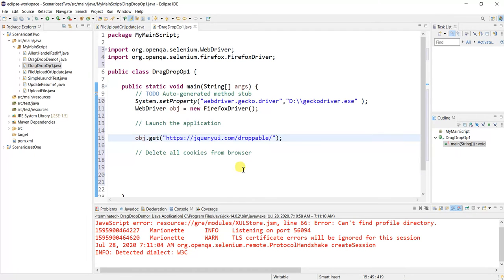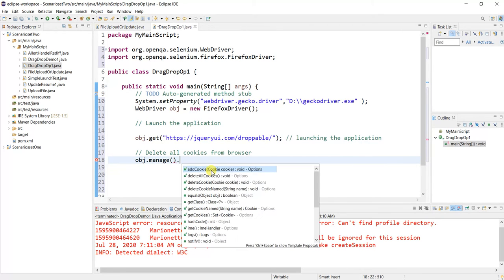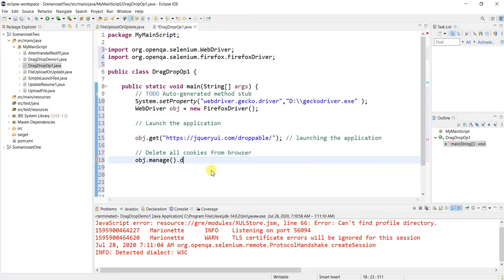After launching the application, here we are launching the application. Now let us delete all the cookies just for faster execution. delete all cookies is the method.